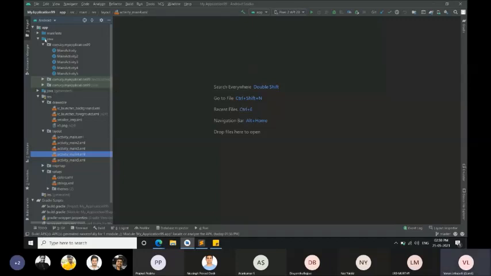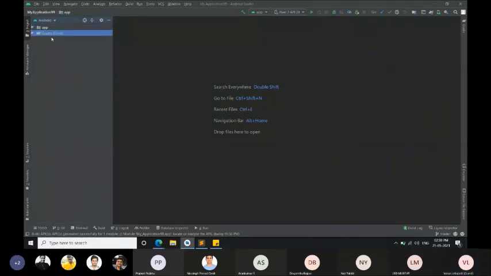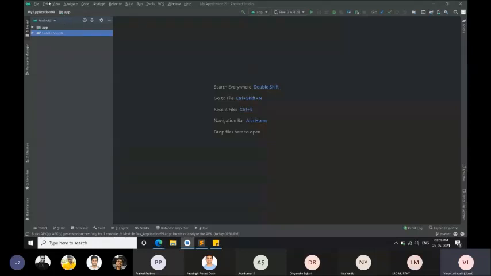On the top, if we just close completely, we just have two things over here, app and Gradle scripts. We know this file menu, it is used to create new projects or open existing projects or close projects, this kind of stuff. And this has the help functionality, or if you want to share your project to GitHub, all these functions will be available over here.